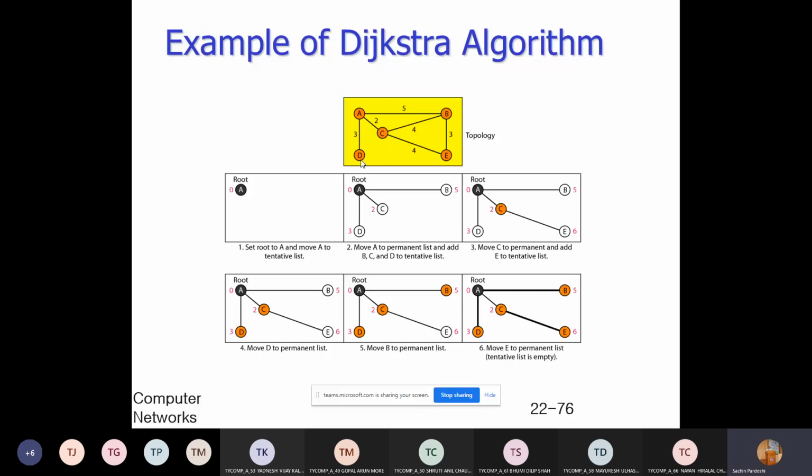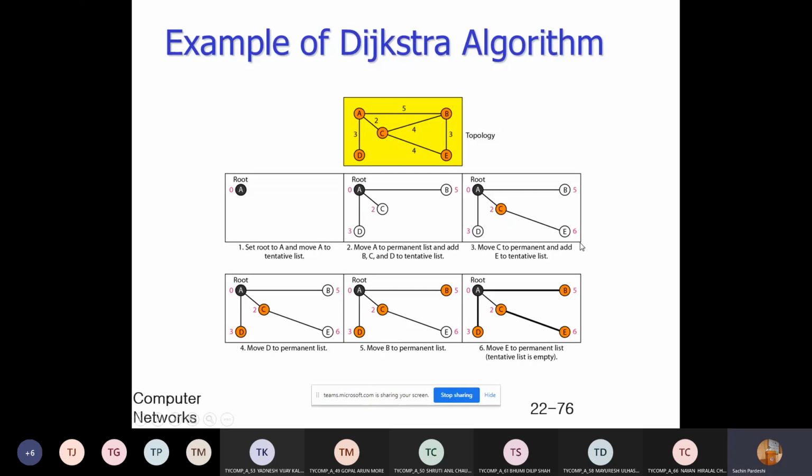C. So in the first step, C is added into the permanent list, and at the same time we find all the neighbors connected with C. A is connected, B is connected, and E is connected. But A and B are already in the tentative list, so we will not add A and B. E is not in the tentative list, so E is added. Now for E the distance is 2 plus 4, that is 6.